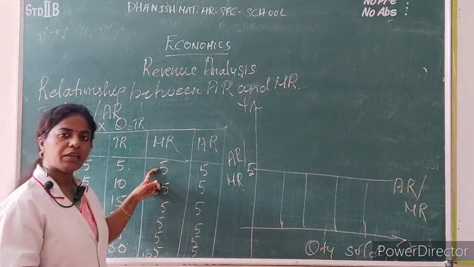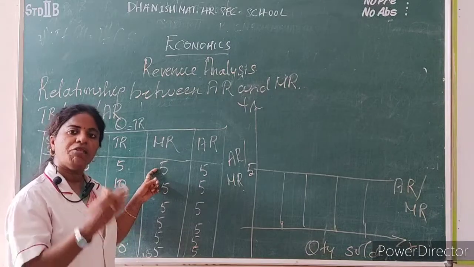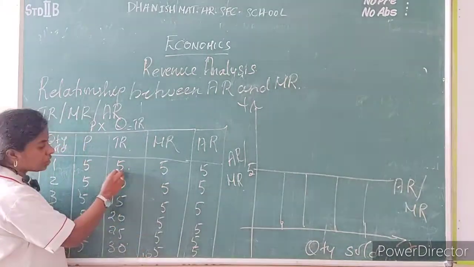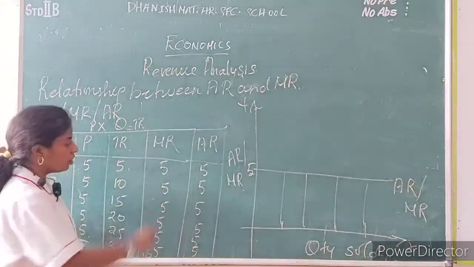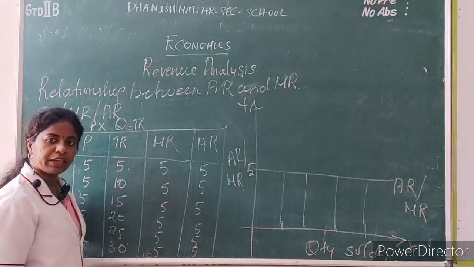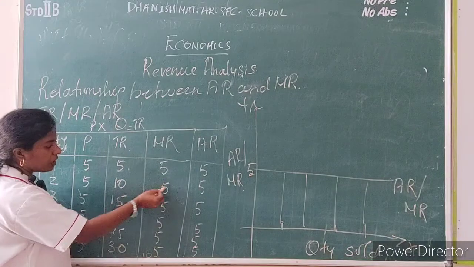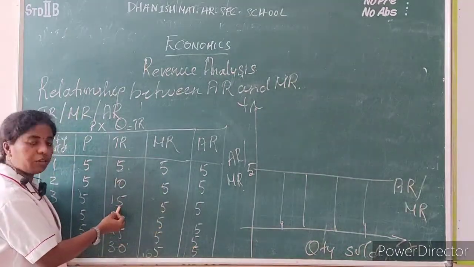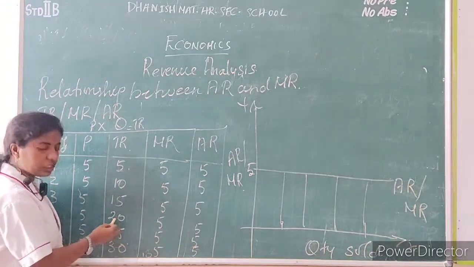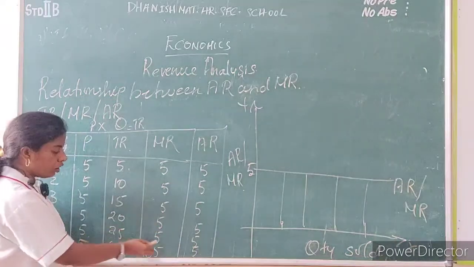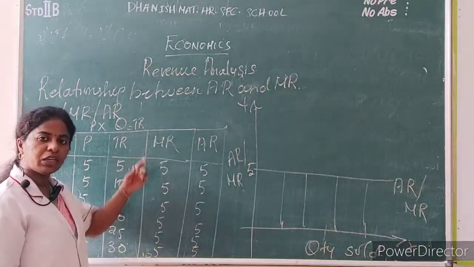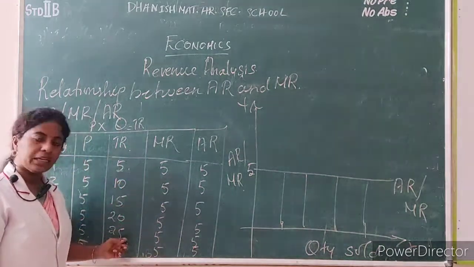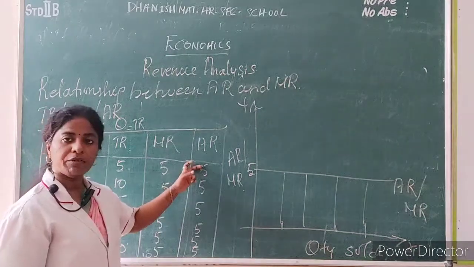Okay, how do we get marginal revenue? Marginal revenue means we just add the additional 5 units. Starting with the first 5, the marginal and total will be 5. Next if we add another 5 extra units, 5 plus 5 is 10. Adding another 5 we get 15. Adding an additional 5 we get 20. If we keep on adding additional units of 5, the total will increase.